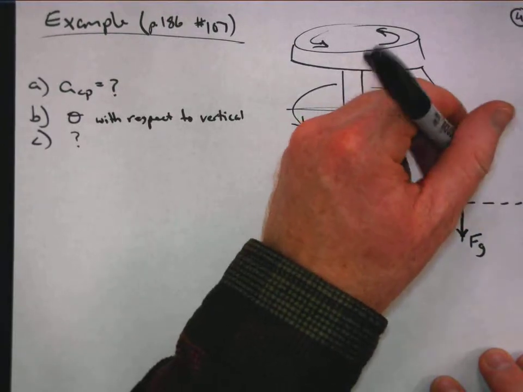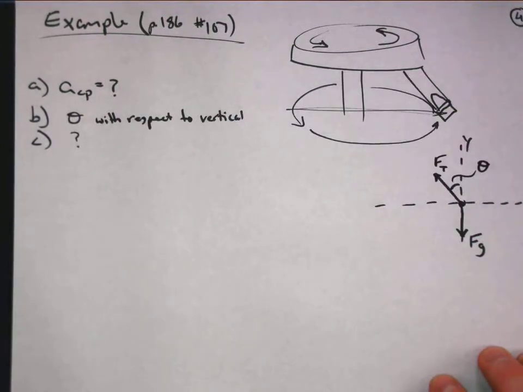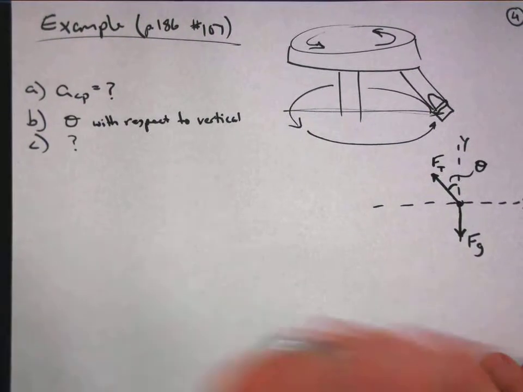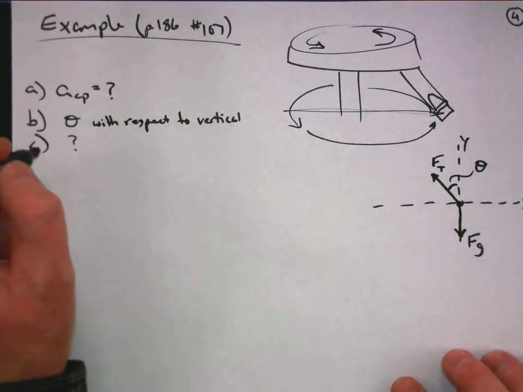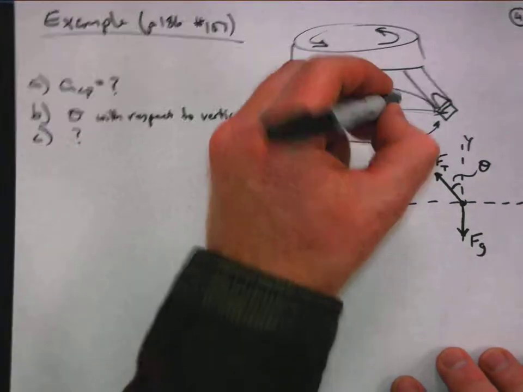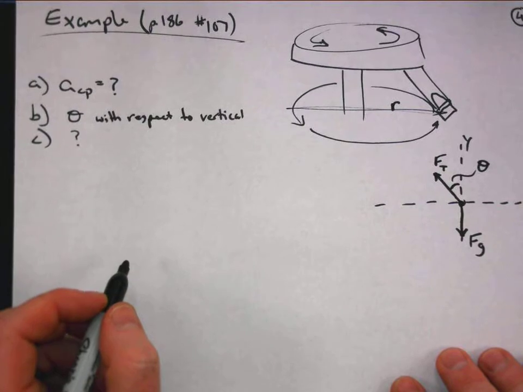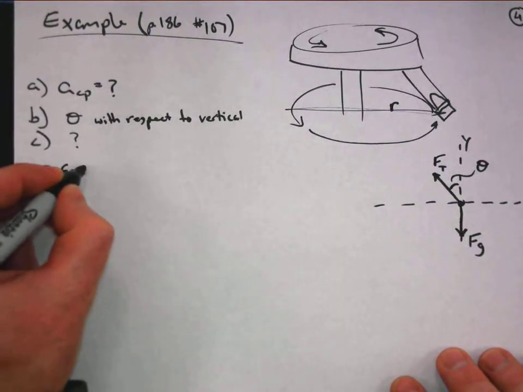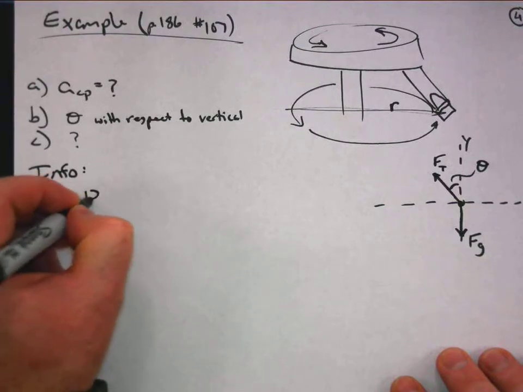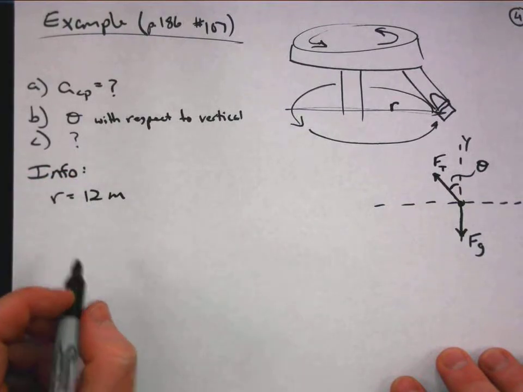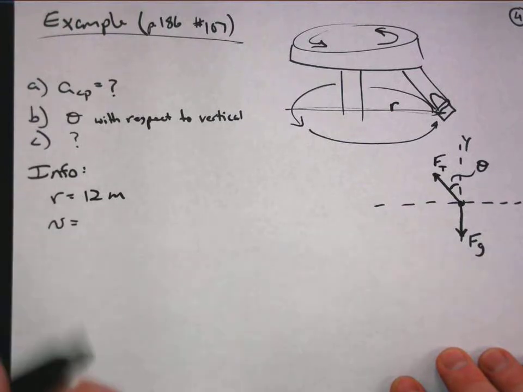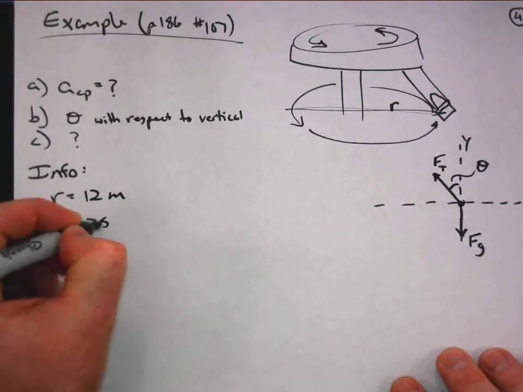And I'll just kind of do one of these. There's theta, right? So I believe I can get to work as long as I have more information. I need to understand a couple things. There is a radius of the circle, right? And so radius is 12 meters. I am also told that the velocity is a constant speed. Remember, we're going to be dealing with that situation. 25 miles per hour